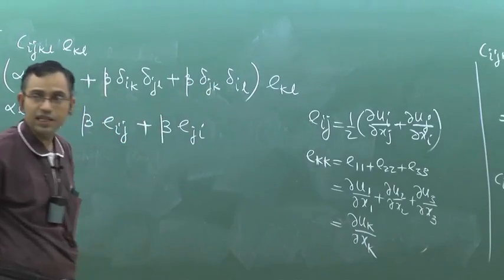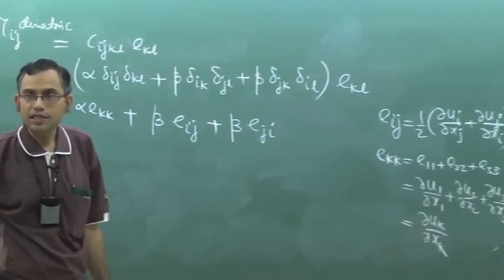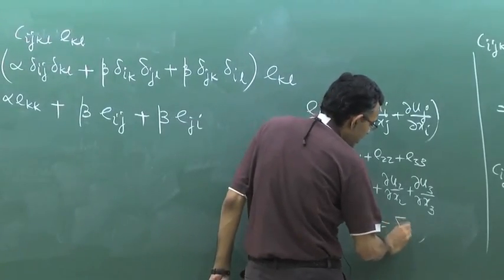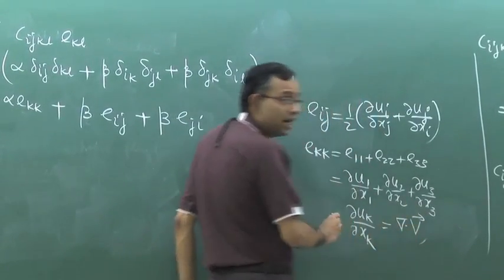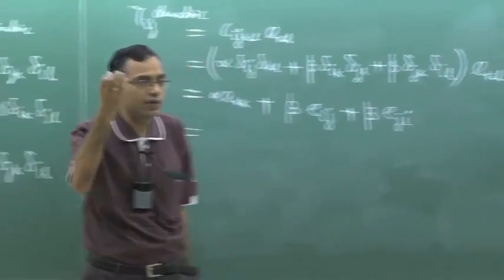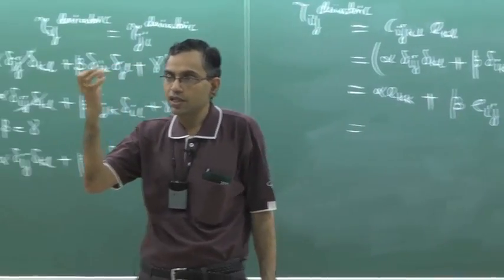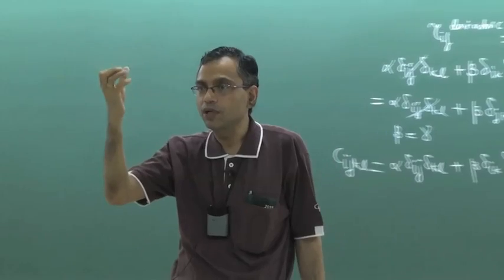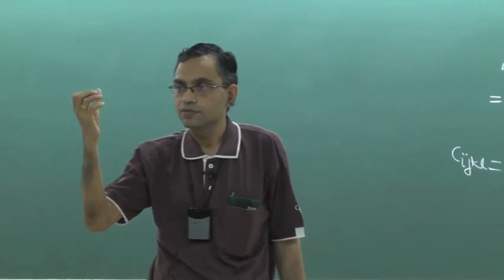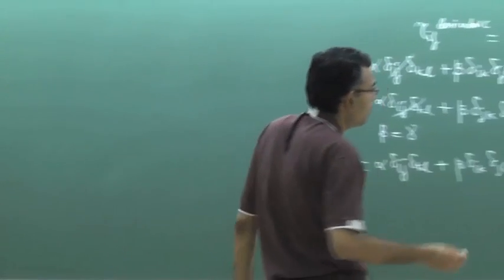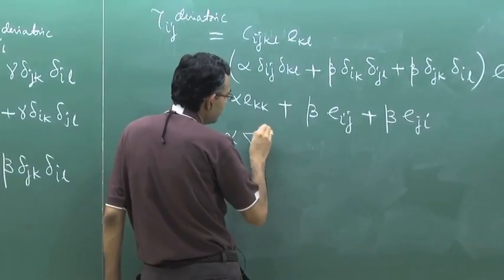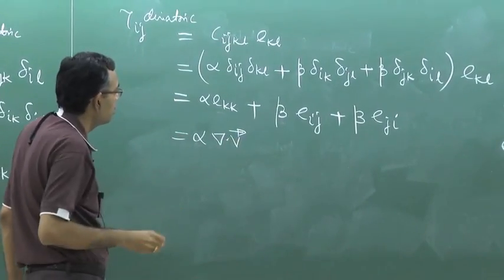But what is this physically? This is the divergence of the velocity vector. So this, as we have discussed earlier, relates to volumetric deformation of the fluid. This relates to the volumetric strain, the rate of change of volume per unit volume. So, alpha is related to the volumetric deformation plus